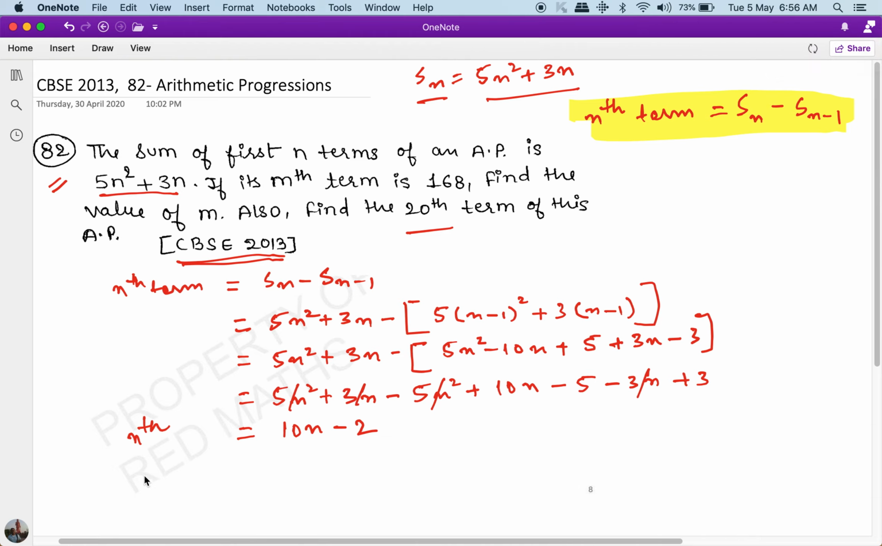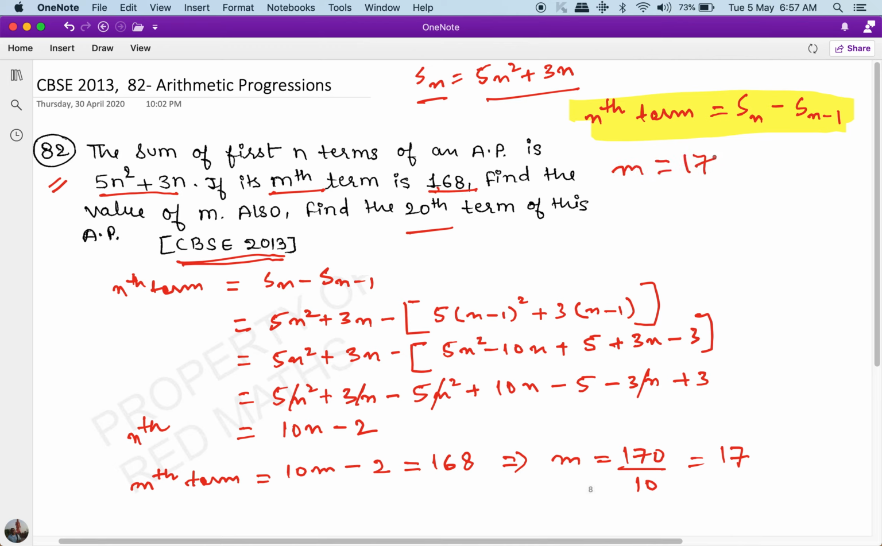and the question says that the mth term is 168. So by our formula the mth term will be 10m minus 2, and if the mth term is 10m minus 2, this is equal to 168, which implies that m is equal to 170 by 10, which is equal to 17. So if the mth term is 168, then we found that m is equal to 17,